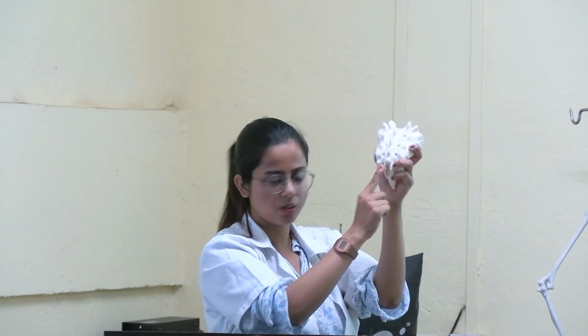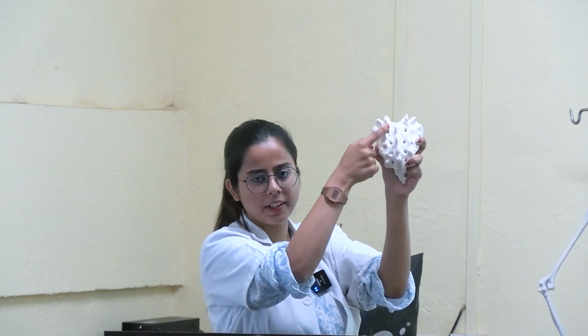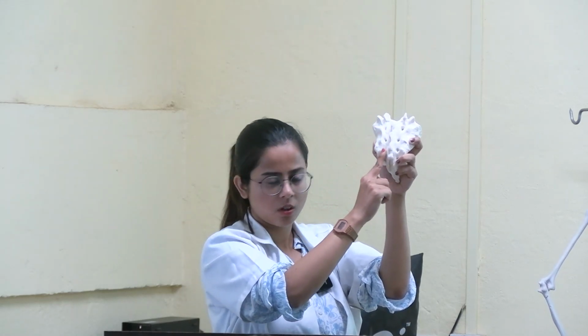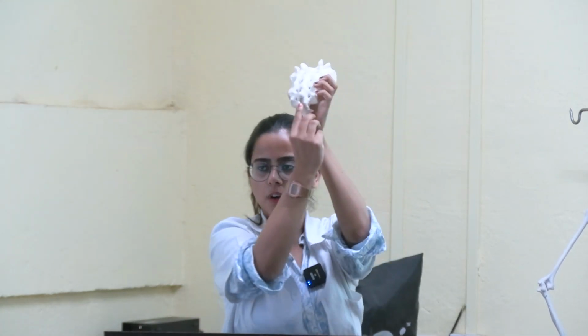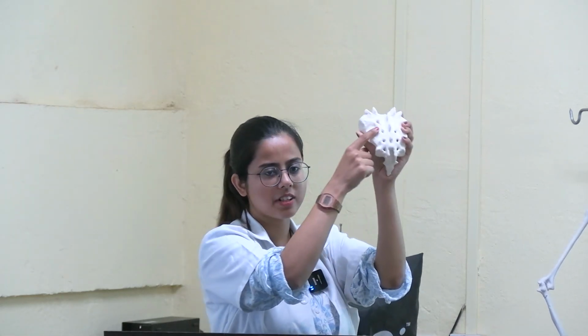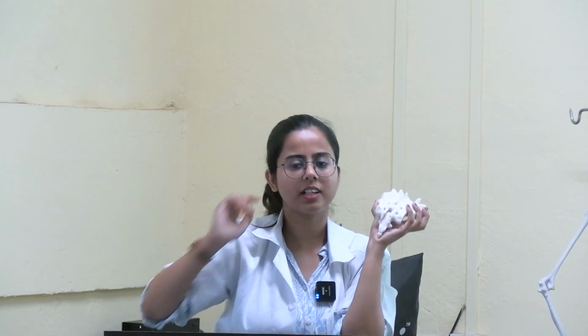Then medial to it we have this intermediate sacral crest. This is in line with the superior articular process, but the inferior articular process will form two structures known as the sacral cornua. And finally we have the lateral sacral crest. On both sides we have the intermediate and on both sides the lateral sacral crest, which is basically the transverse process. Clear till this?